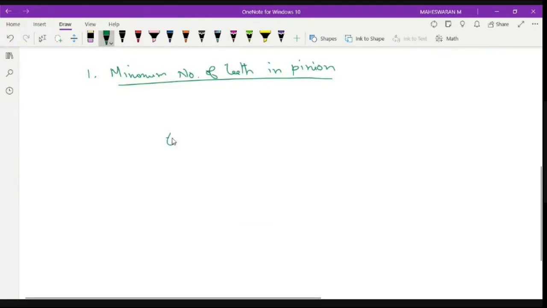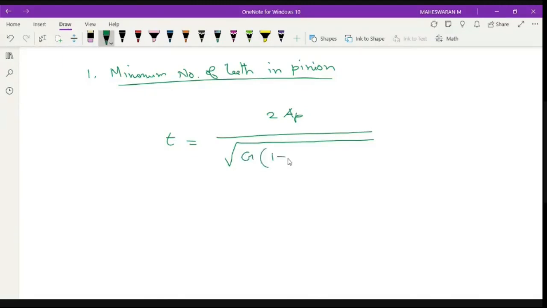Small t is equal to 2 into AP whole divided by root of G into 1 plus G, 1 plus G into G plus 2, into